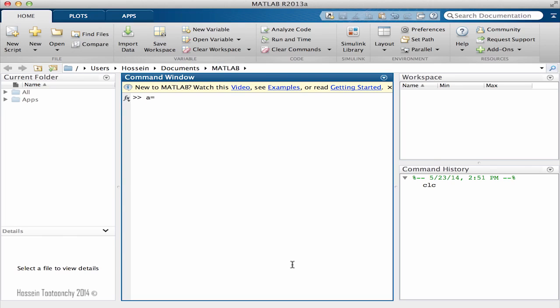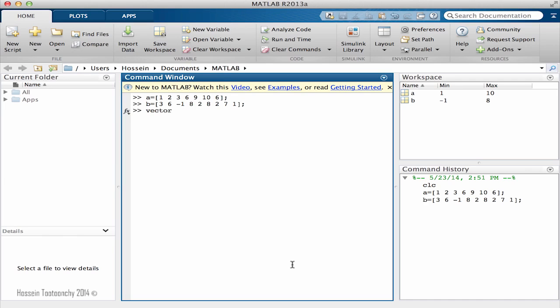Let me define two new vectors, 1, 2, 3, 6, 9, 10 and 6 again. Okay, this is going to be A, and B is going to be 3, 6, minus 1, 8, 2, 8, 2, 7, 1. So we created two different vectors which are not the same length as well. And then I define